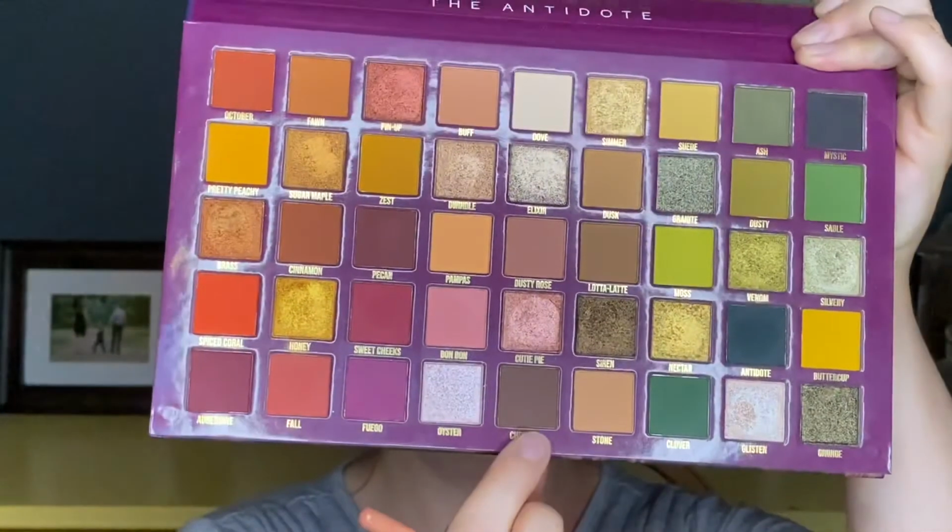Because there is this matte brown, but I feel like that's going to make this look more intense than what I'm wanting. I'm just wanting something relatively soft and romantic. And I haven't been telling you my brushes consistently, but this is a Delium Tool 776. I really like this to pack on and buff out shades on the outer V. So now I am going to take that matte brown. It's called Chestnut. And I'm going to take that just on the outer